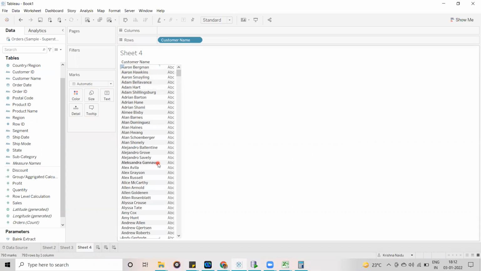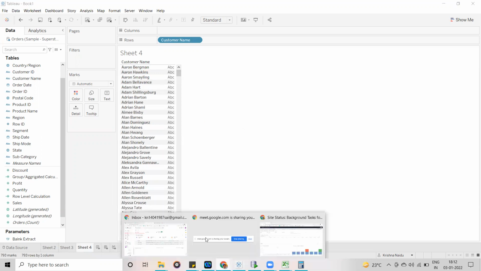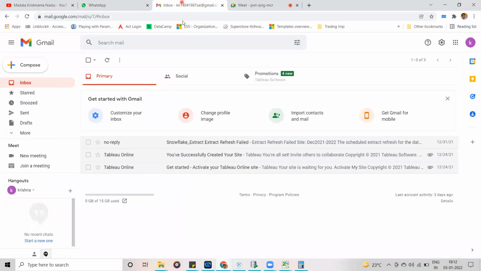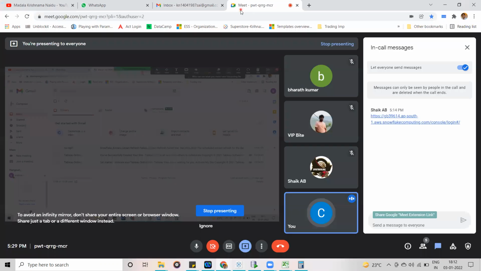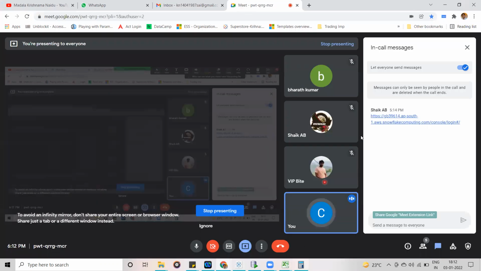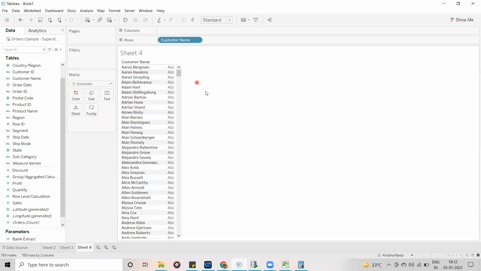Now what we are going to do is split this one. Once we split this one, what is going to happen? The split operation we are performing is going to be applied on each and every individual row, correct? Even if you group also, it is not going to affect.